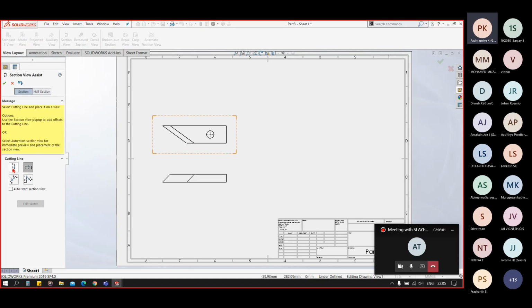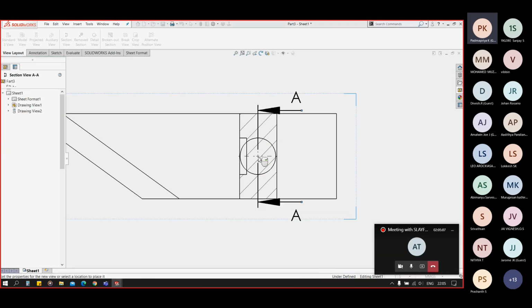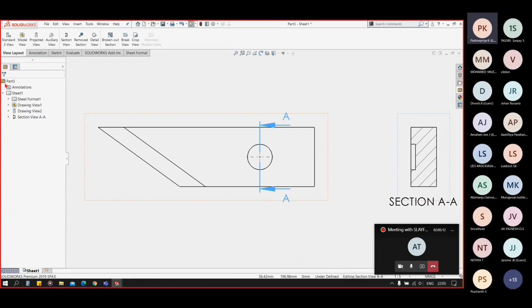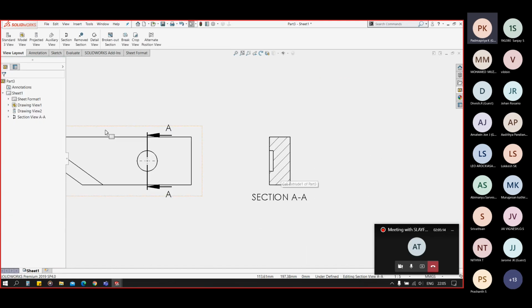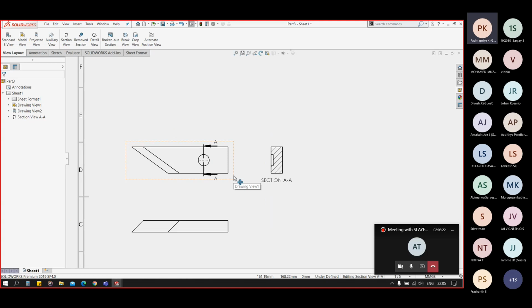In the section view, select the vertical, select the center of the circle, click OK, drag outside, and you can now see the cut view from this section line AA. You can now see the depth of the hole. So this is basically a section view.